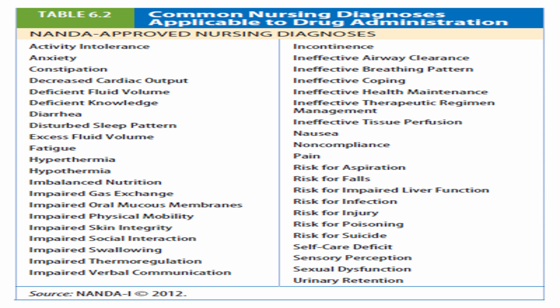Now, the table provides an approved list of common nursing diagnoses applicable to pharmacotherapy. This is not an exhaustive list of all NANDA-approved diagnoses, and the establishment of new diagnoses and the research and rewording of previous diagnoses is ongoing. The nurse is encouraged to consult books on nursing diagnosis for more information on establishing, writing, and researching other nursing diagnoses that may apply to drug administration.